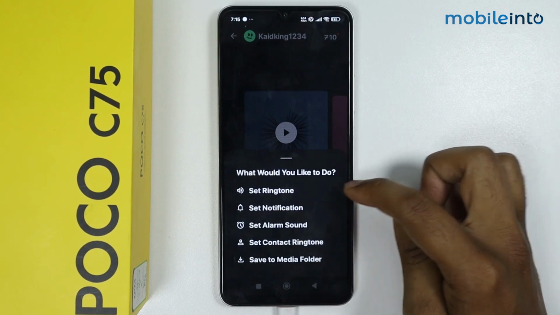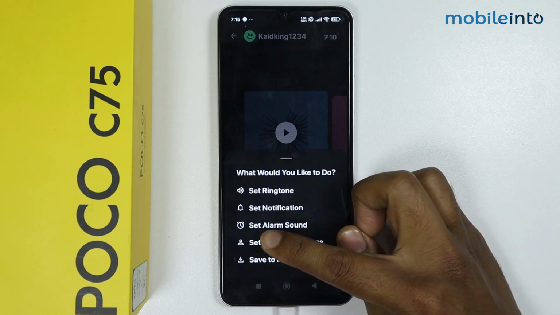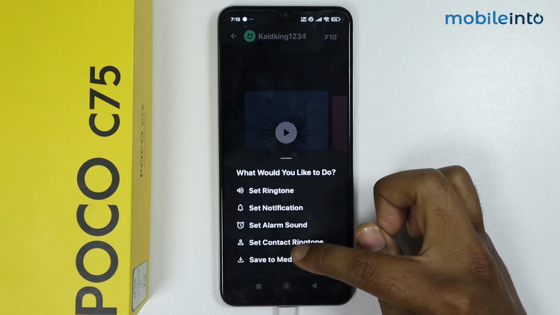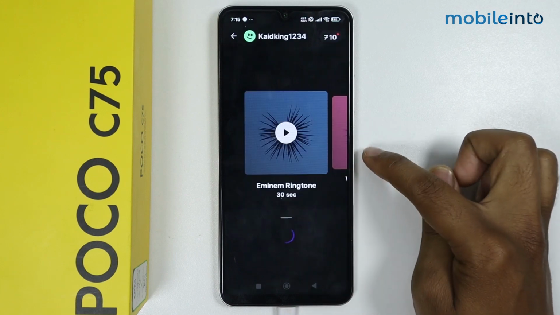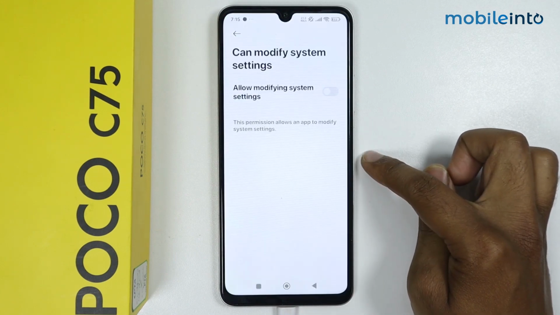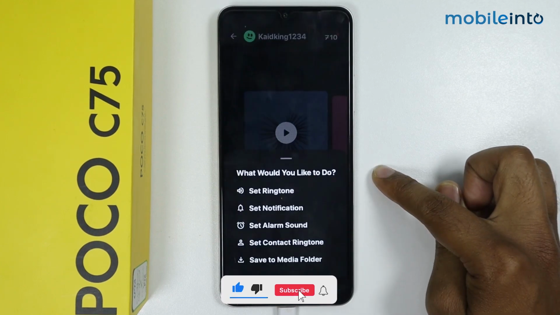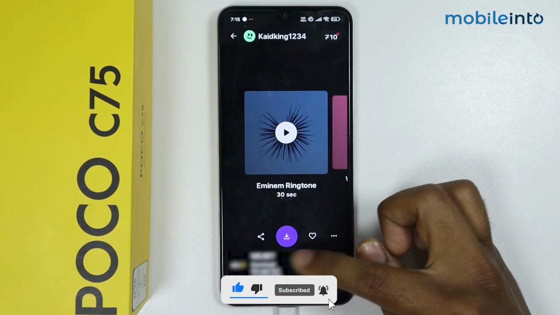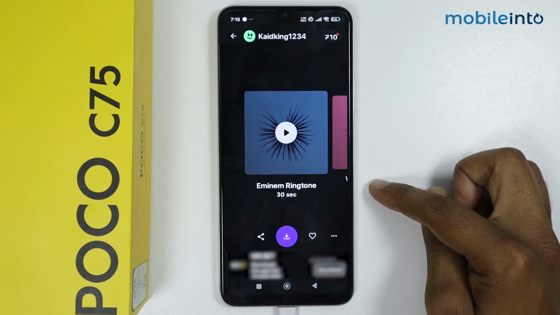It is asking to set the sound as a ringtone, as a notification, as an alarm, as a contact ringtone, or as a media folder. So I want to set this as a ringtone. Now give the permission by tapping on this toggle. Go back. As you can see, the standard ringtone is updated. So this is how you can download a ringtone on Poco